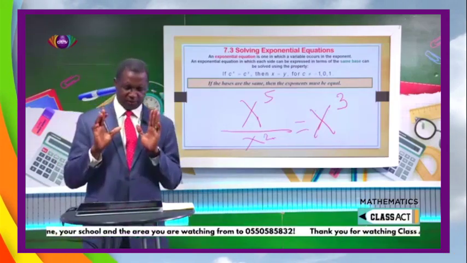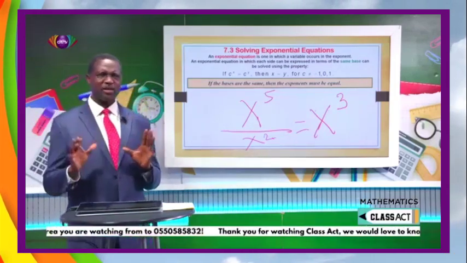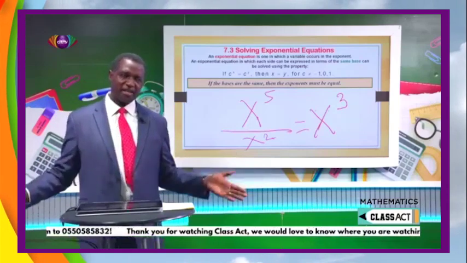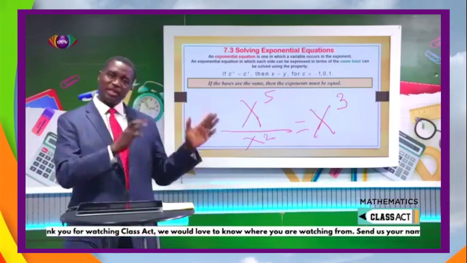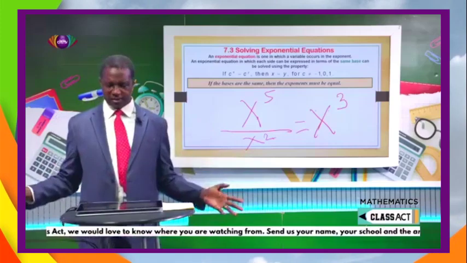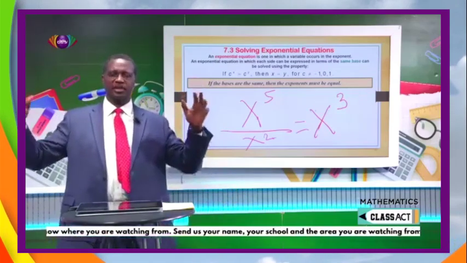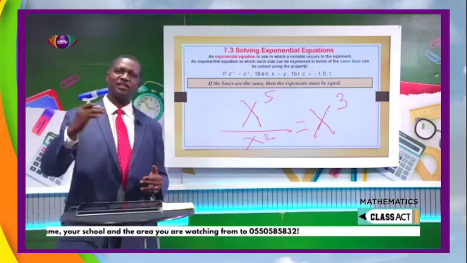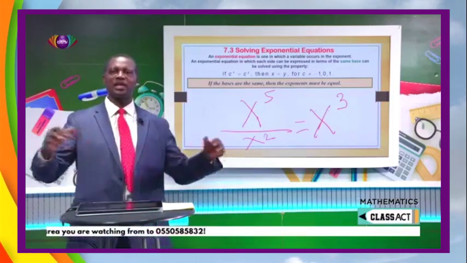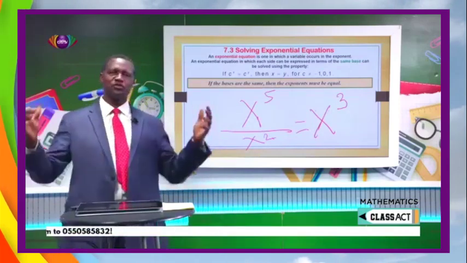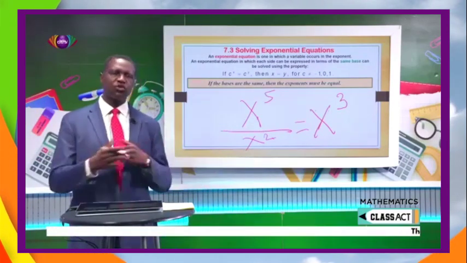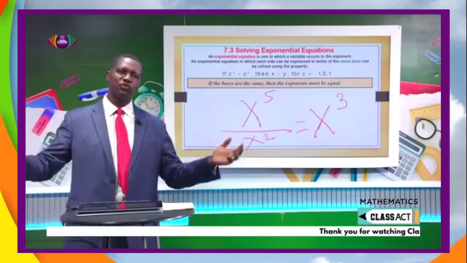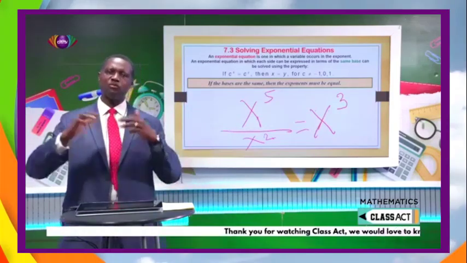Look at this carefully. Begin to ask yourself, how did we get the x to the power of 3? We know we expanded it and we cancelled. But imagine you have x to the power of 200 and x to the power of 100, and you were to expand. You will write and write and write. It won't fit on any paper. Even if it's going to fit, it's going to waste your time. So you have to come up with some rule, some formula, some method.